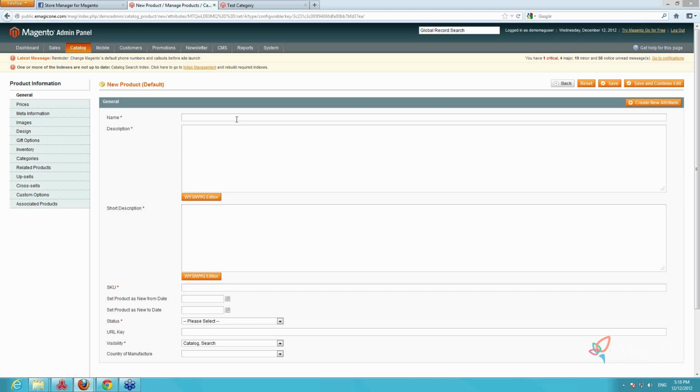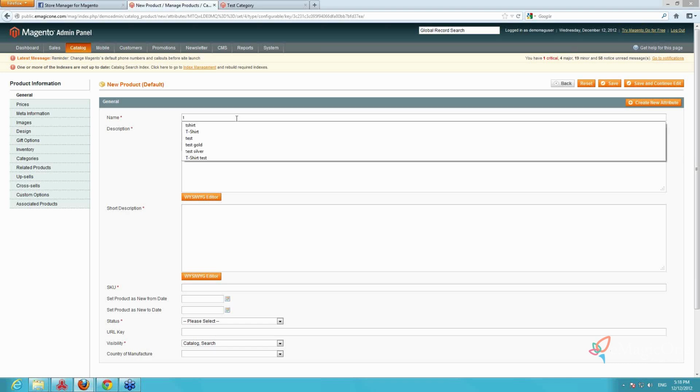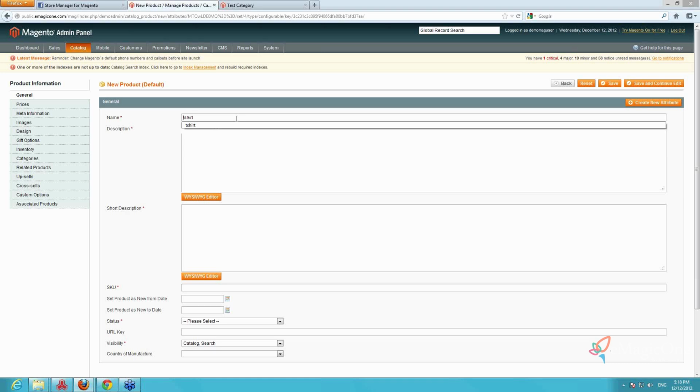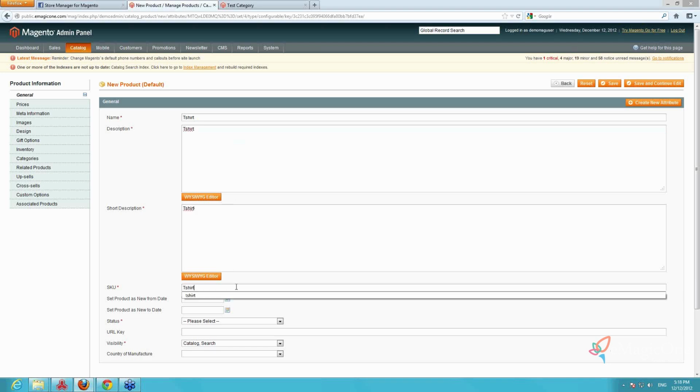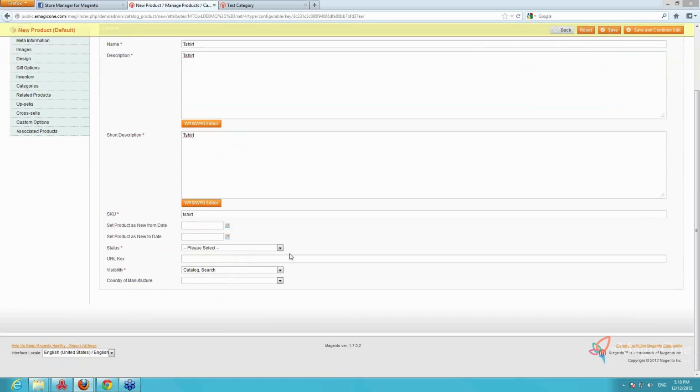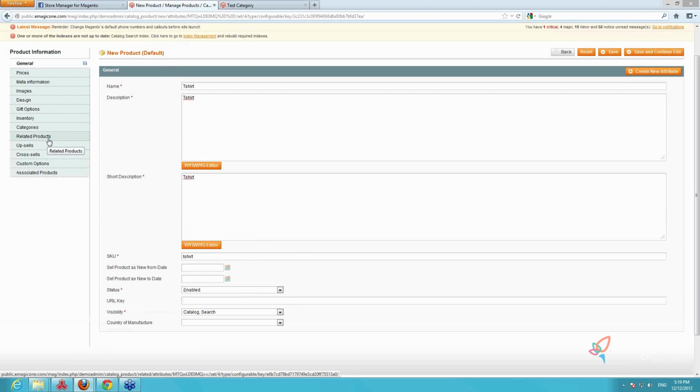Next, we have to fill in all the required fields. They are marked. So we indicate the name of the product. We type T-shirt. Also, the description, short description, and other required fields should be filled in. Otherwise, you won't be able to save the product. SKU should be unique. Also, status should be enabled, and visibility catalog search. In this way, you will be able to find your product, and it will be correctly reflected from the front